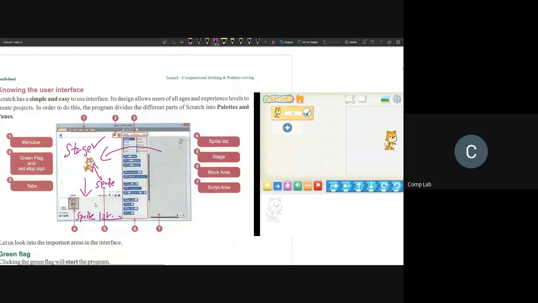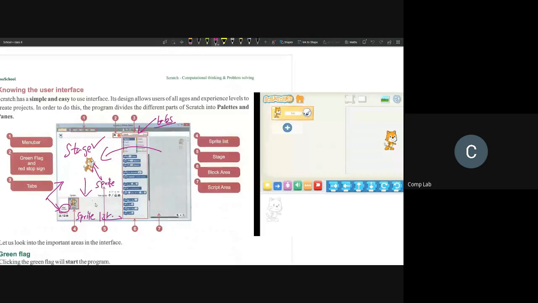And let's say we want to change the background or the backdrop, we can go to the left of the sprite list right here. This is called the backdrop option. So we can go here to change the backdrop. We've seen this also in the last class. Next we'll come back to here. Here we have 3 tabs. These 3 tabs allow us to change the sprite. We can change the costume of the sprite. We can add sound to the sprite. We can do all of that by going to these 3 tabs. These are simply called tabs. They allow us to customize the sprite or the background itself. We'll be learning about customization today.